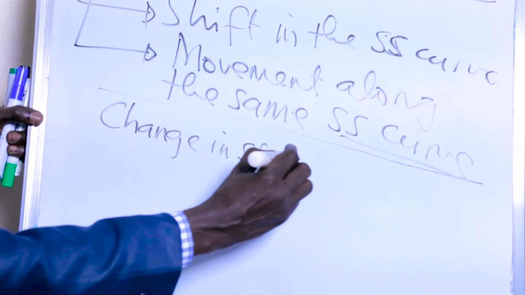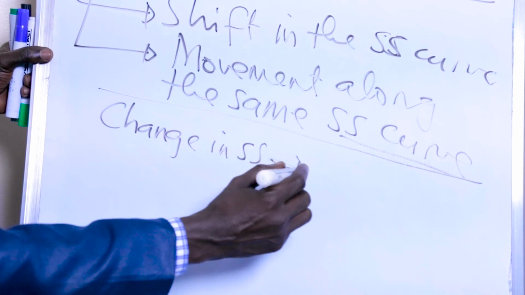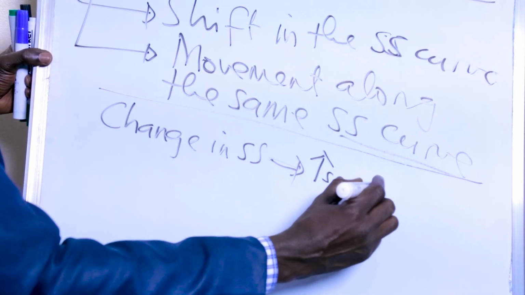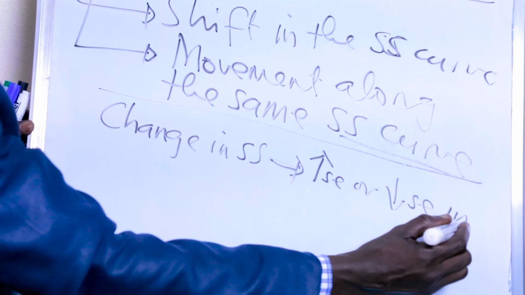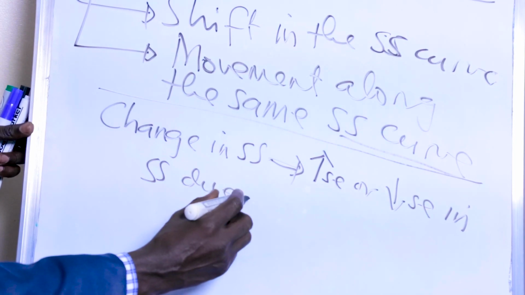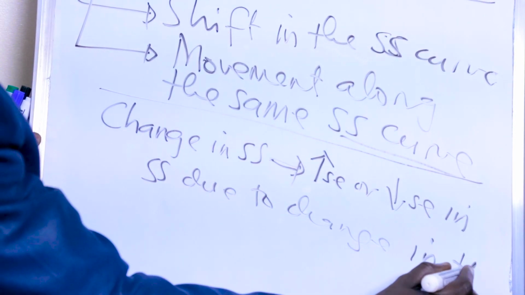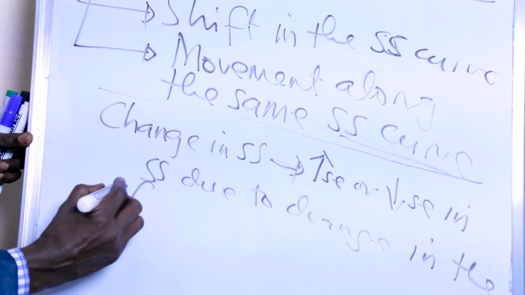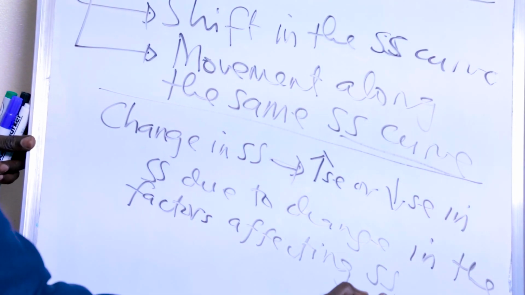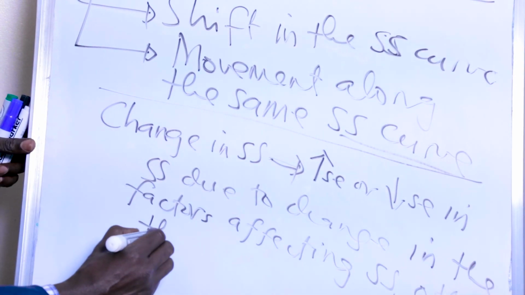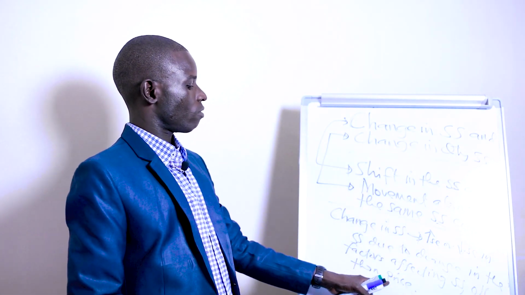Change in supply. By definition, and I'm going to define it briefly, change in supply is an increase or decrease in supply due to change in the factors affecting supply, other than price. So in this case, what is leading to a change in supply is not the price of the commodity,